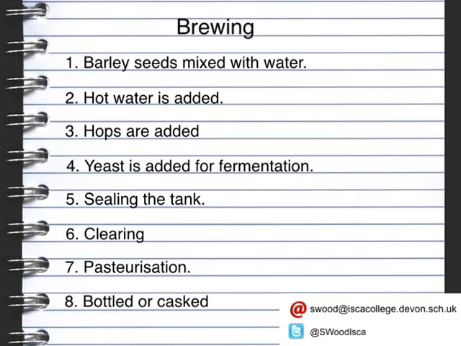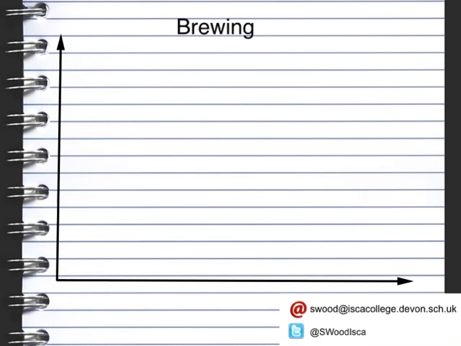Now in terms of fermentation, the rate in which it occurs has a graph that looks like this. So with continued temperature,